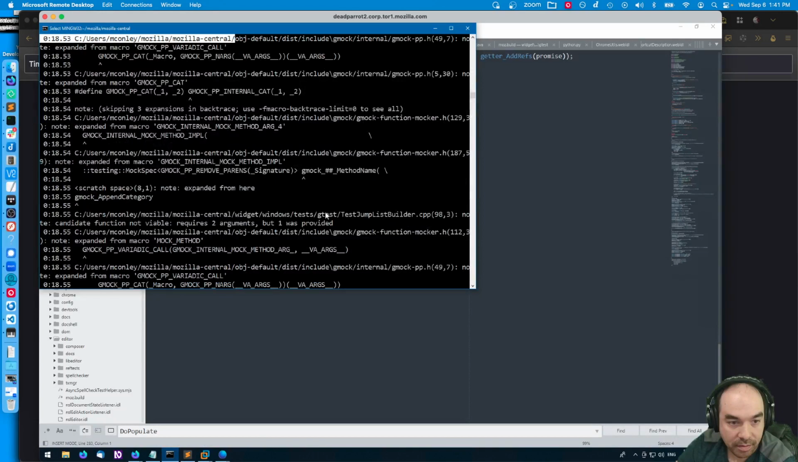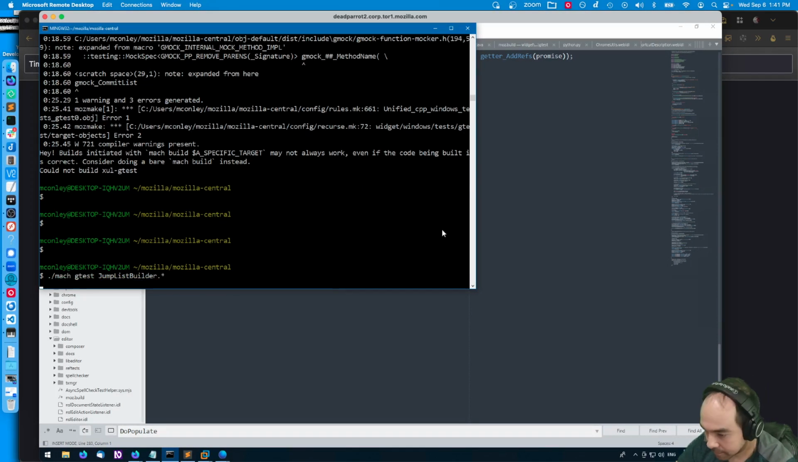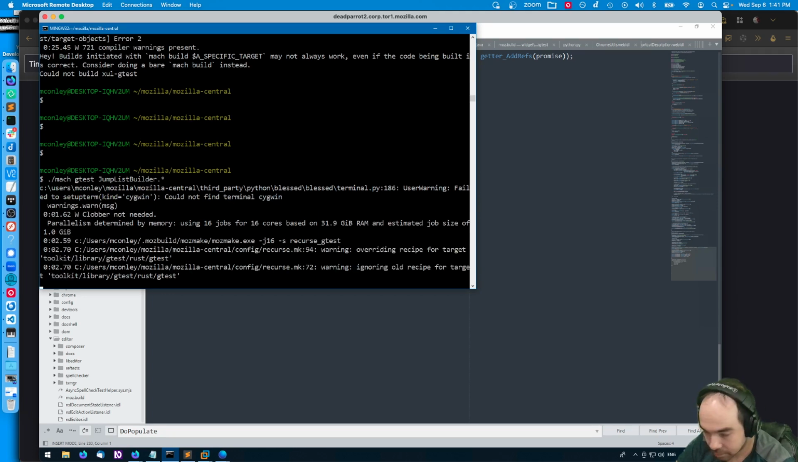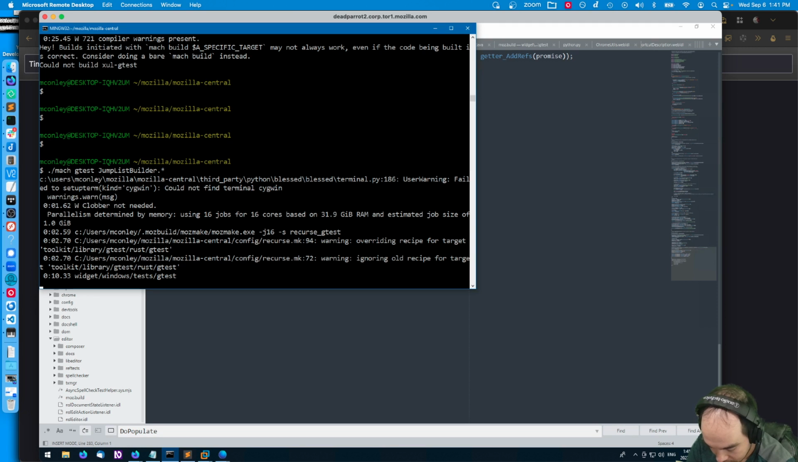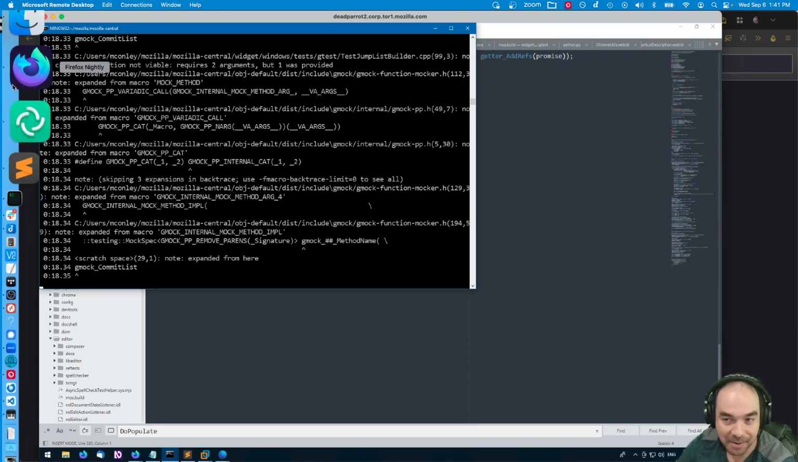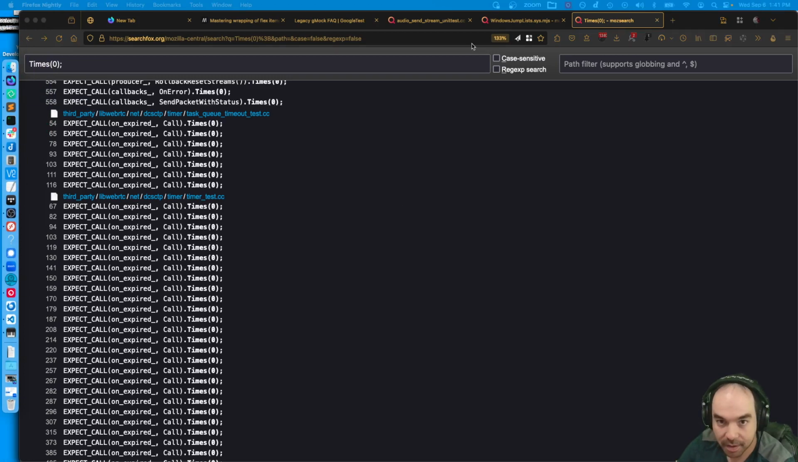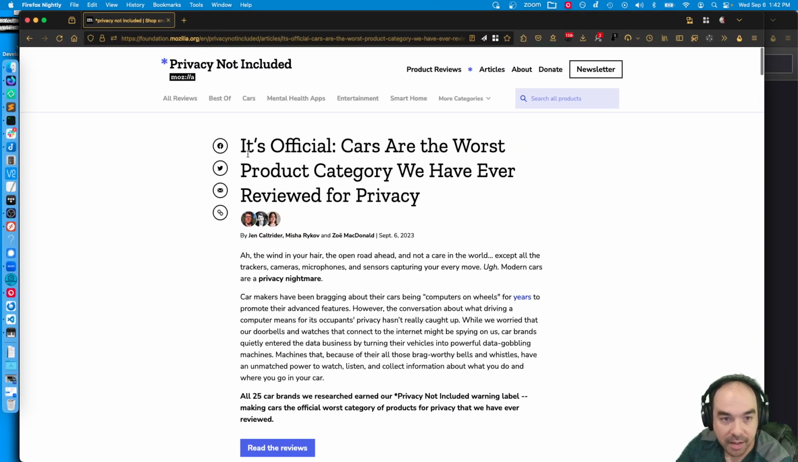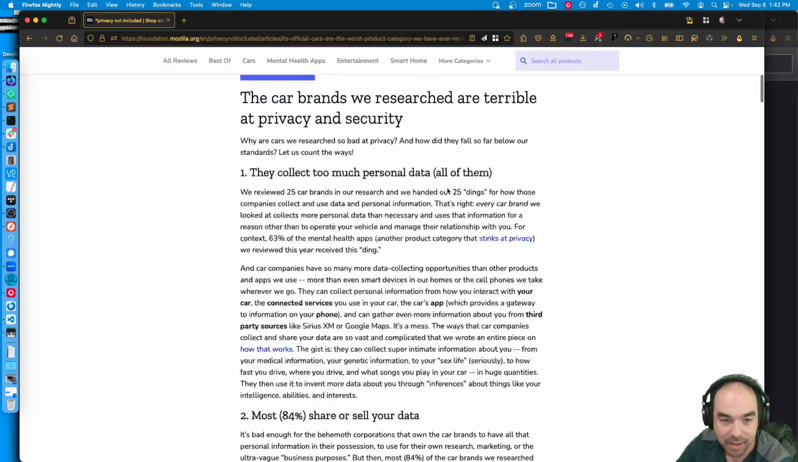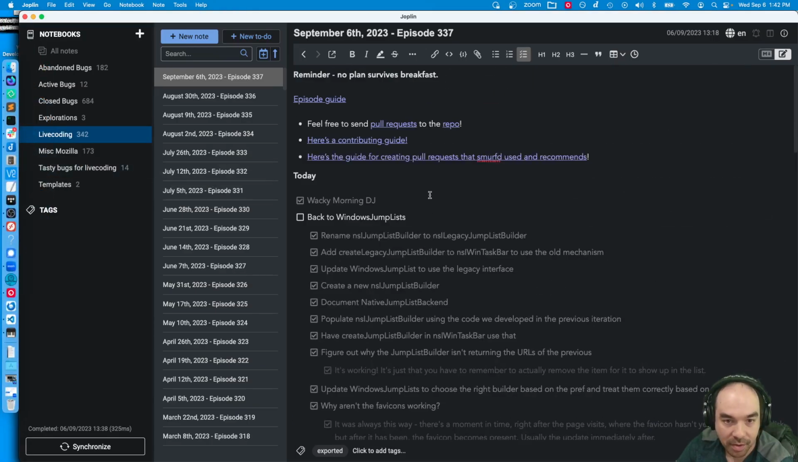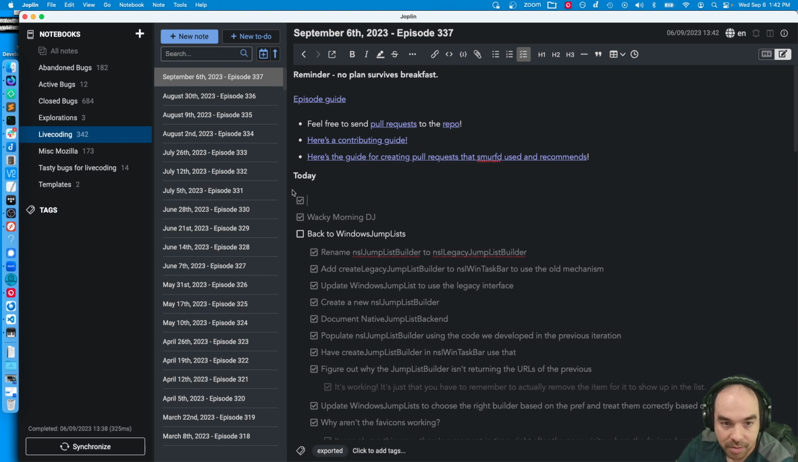Okay, let's try this. Breaking news. Do you drive a car? Your car might be spying on you. Check this out. Where was it? The Mozilla Foundation recently published a really interesting article on cars. And this came out just today. It's official. Cars are the worst product category we've ever reviewed. If you are interested at all in knowing about what it is that your cars maybe are collecting about you and what they're doing with that data,